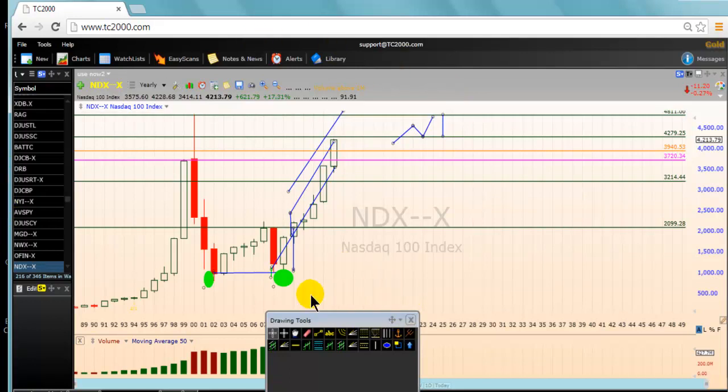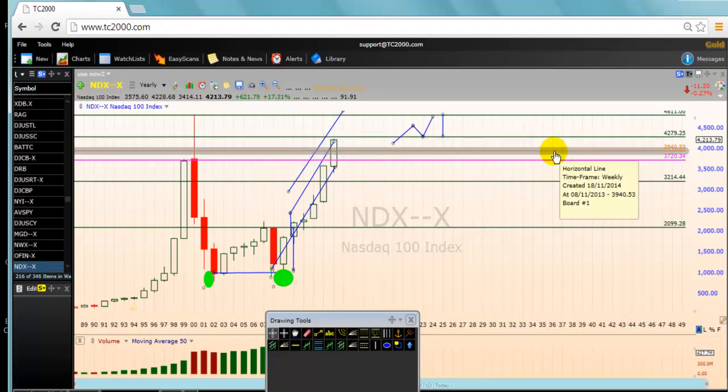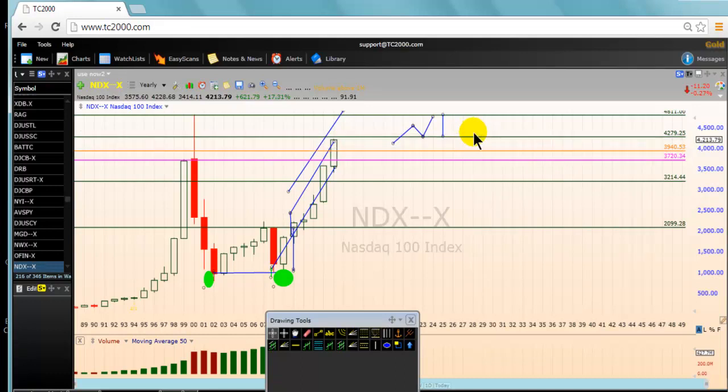There is another level here that I want you to remember: the short-term equilibrium price level. The short-term equilibrium price level behaves like a magnet, all right? So if the price starts going down from this resistance, the level we must watch is the short-term equilibrium price level. This level is valid for a maximum of 3 weeks. So we just want to know where it is, so we can remember it and see the reaction of the price. Sometimes you will see the price drop exactly onto the short-term equilibrium price level.